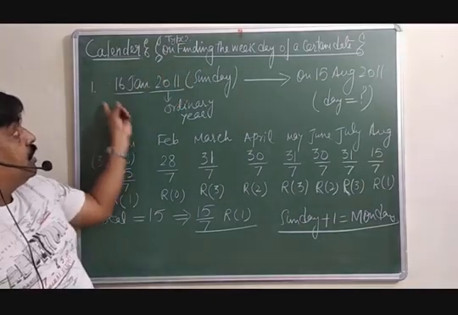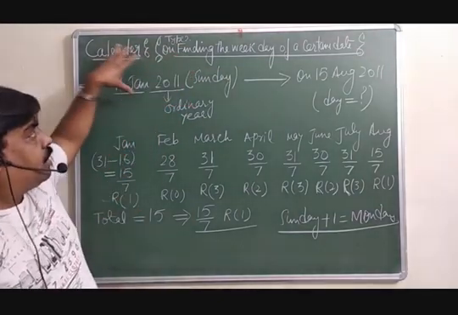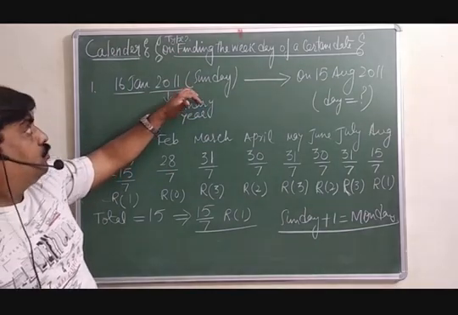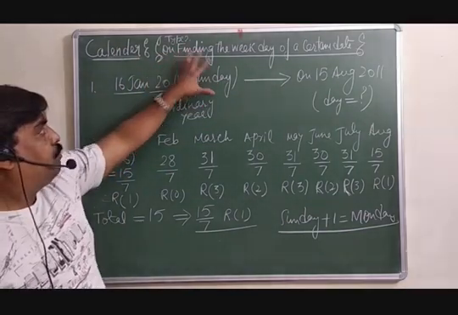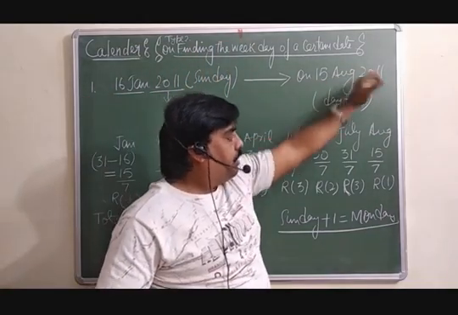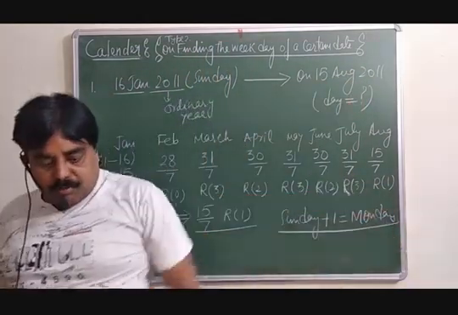If Sunday is there only, because I have not taken it according to the actual year. I don't know whether that day was Sunday or not. Simply I have taken that if this day is Sunday, then on the 15th August of the same year it will be Monday, and this is your answer. Have a look.